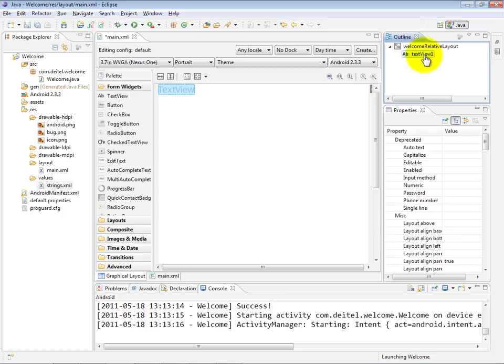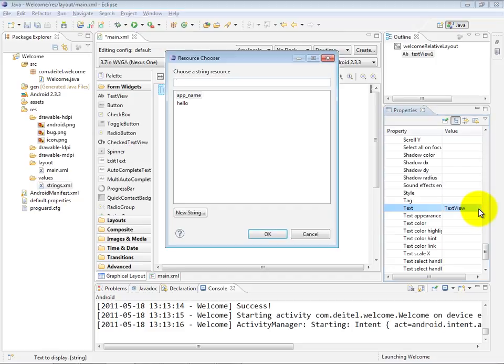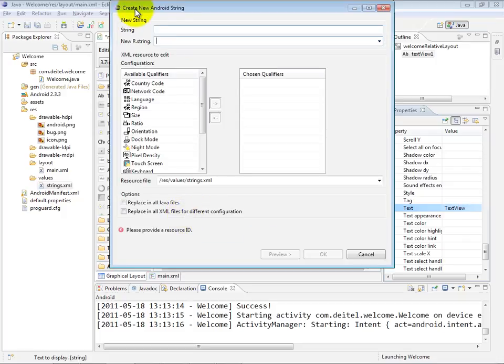To do that, we're going to select the text view in the outline window. We're going to go to its text property, and we're going to replace text view with a string resource that we haven't created yet. So to create it, we're going to click the ellipsis button, which gives us the resource chooser dialog with an option to create a new string down here. And now I have the create new Android string dialog. And for this purpose, let's create a resource named welcome, which is going to be the name of our string resource, and we'll put its value as